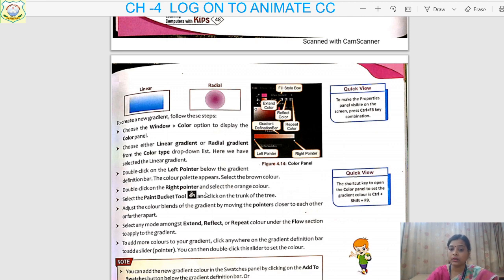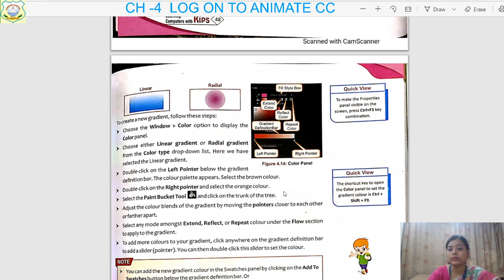To add more colors to your gradient, click anywhere on the gradient definition bar to add a pointer. Then you can double click to see your color. So it means if you have to fill 3 colors, what will you do?